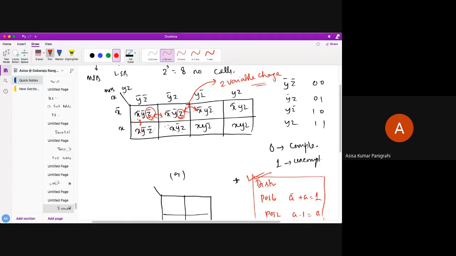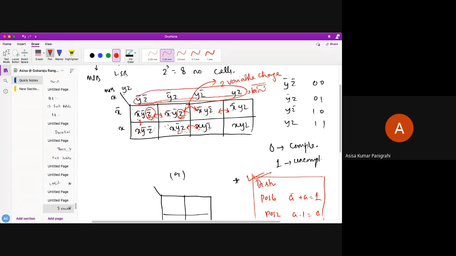So the way of putting y bar z bar, y bar z, y z bar, y z is not correct for now. You can also see here these two are also not adjacent to each other. There is a y change and also a z change. And in these two there is a change, but between these two and these two there is a two variable change.